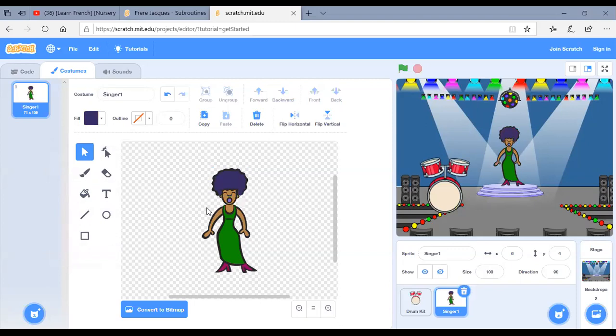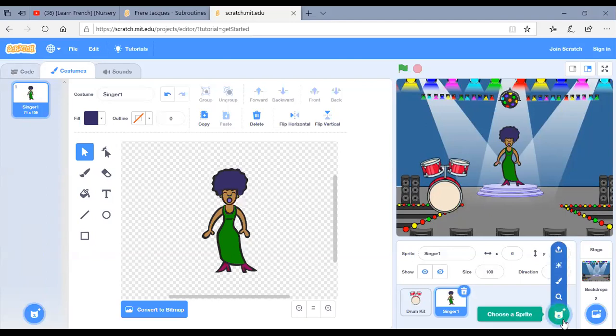By the way, you might have a question like, can I have my own sprite created? Yes, you can. You can create your own sprite by drawing, or you can take any image or a PNG from the internet and load that sprite here through upload costume. So you can do that as well. Cool. No, it is done here. I'm sorry, it is done here.